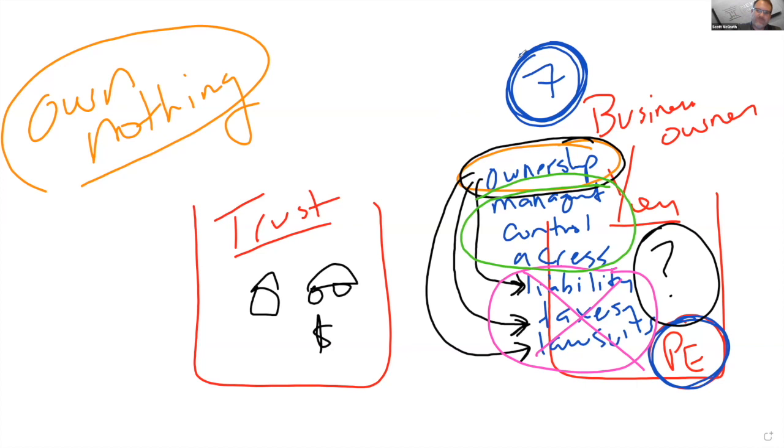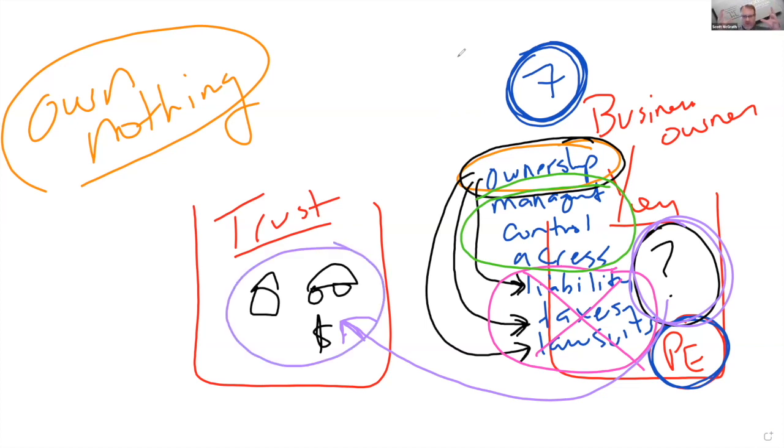But watch this. If you take these assets that you have in here, I'm going to change the color. I'm going to use purple. If I take the assets that you have in here and I sell them into the Spendthrift Trust, we put our house, our car, our boat, our gold, our guns, our jewelry, our money. You take everything you own, you put it in the Spendthrift Trust. You just got rid, think about this, you just got rid of the liability, the taxes, and the lawsuits. Why? You don't own anything anymore.